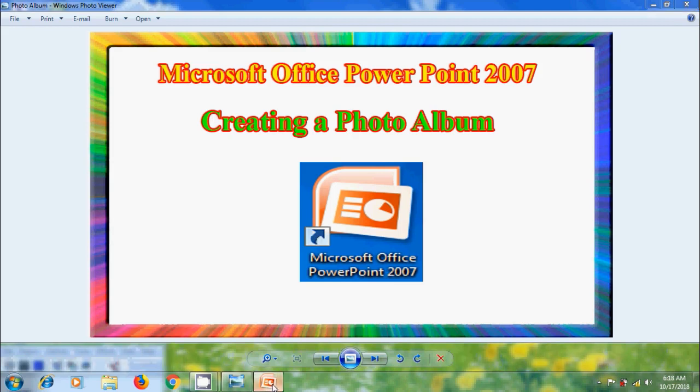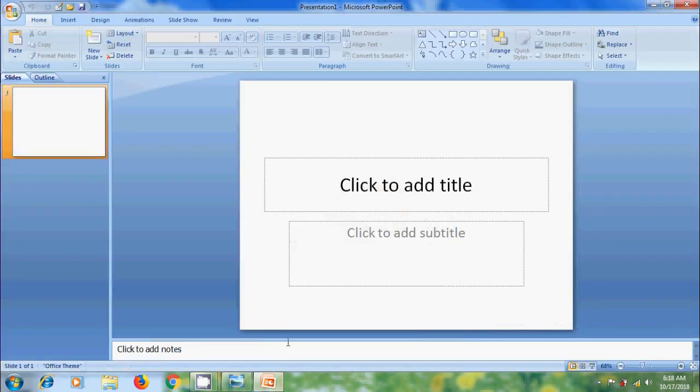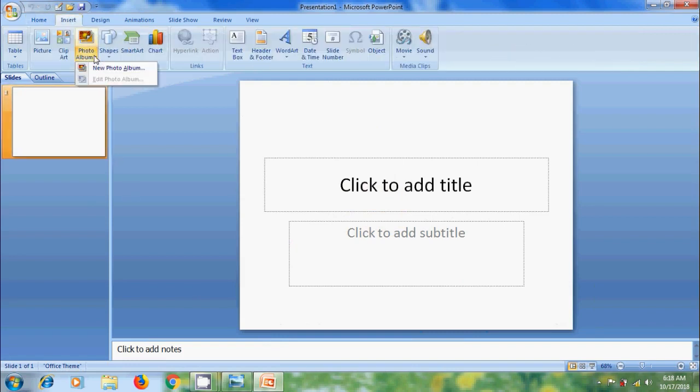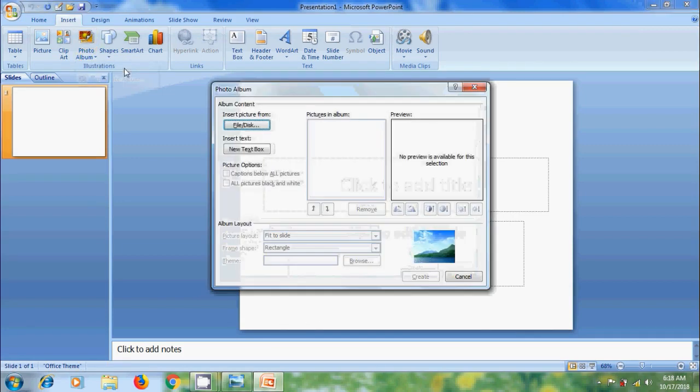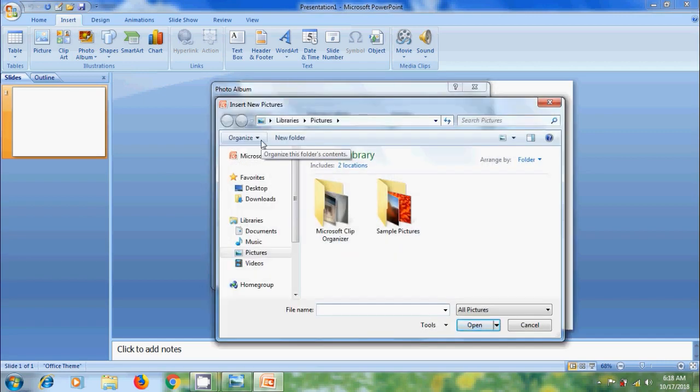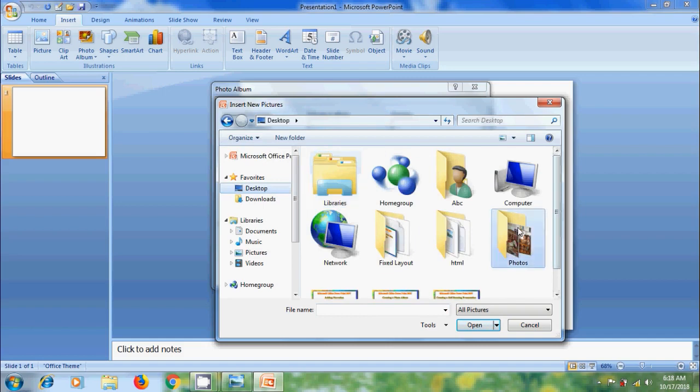Open PowerPoint 2007. To add the photos from a file or hard disk, come to the Insert tab, click on the arrow under Photo Album in the Illustration group, then select New Photo Album. In the Photo Album dialog box, under Insert Picture From, click on File or Disk. In the Insert New Pictures dialog box, we need to locate the folder that contains the pictures that we want to insert. On the desktop, I'm selecting photos